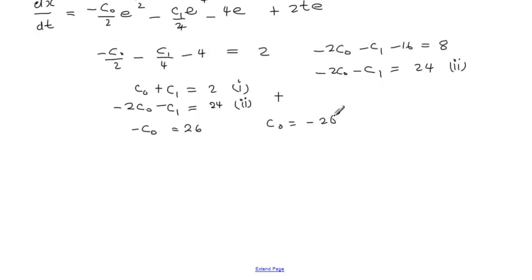Now, if c0 is equal to minus 26, substituting in equation 1, we've got minus 26 plus c1 equals 2, which gives us that c1 is equal to 28. So now, writing our particular solution, or our unique solution given the initial conditions, is going to be x, a function of t, equals minus 26 e to the power minus t over 2